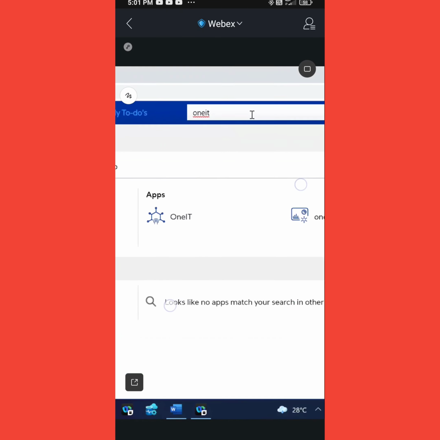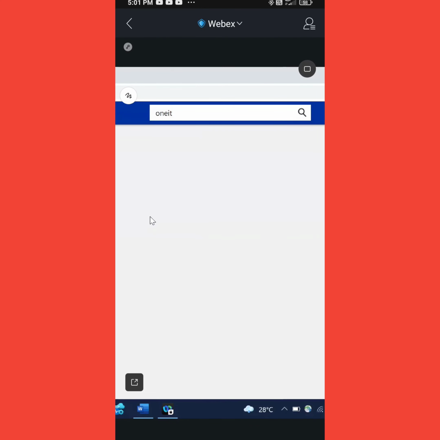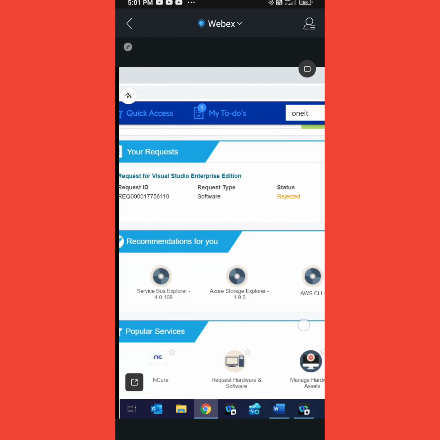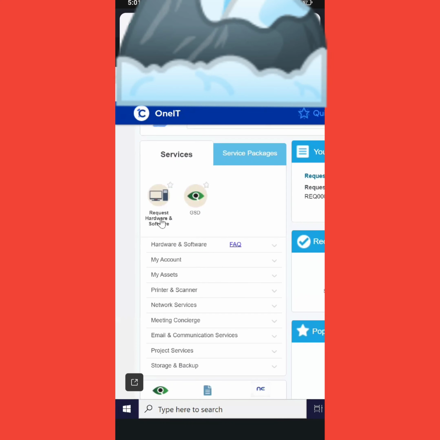Okay, search One IT in the search bar. Here, request hardware and software. Okay, let's click on that.